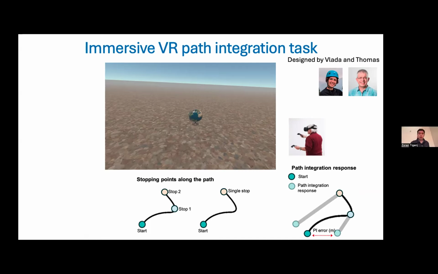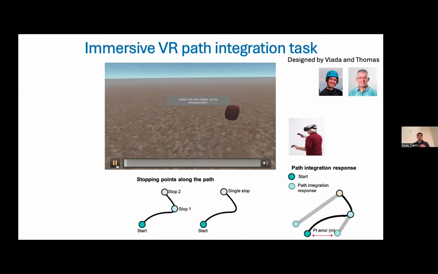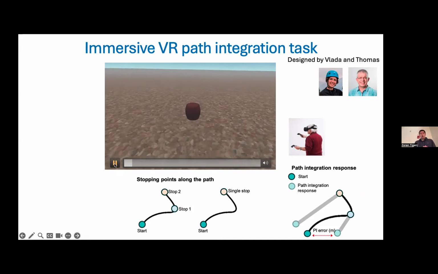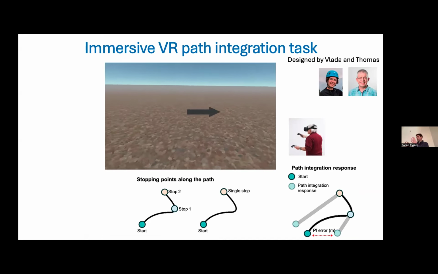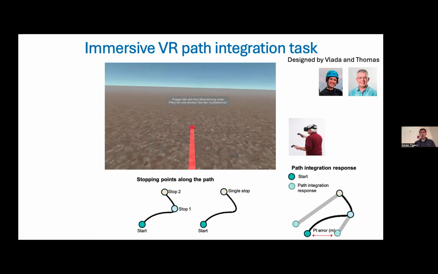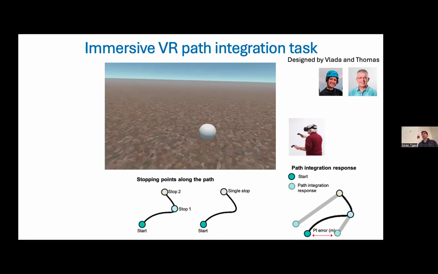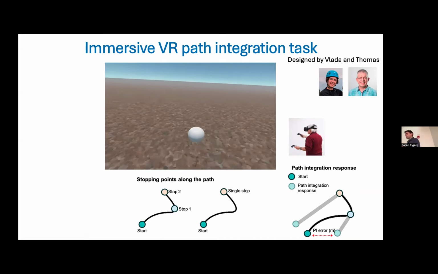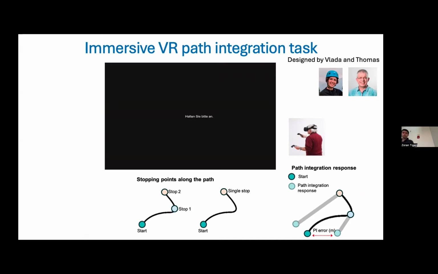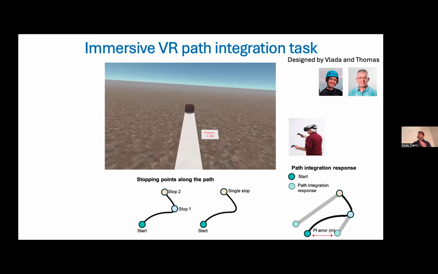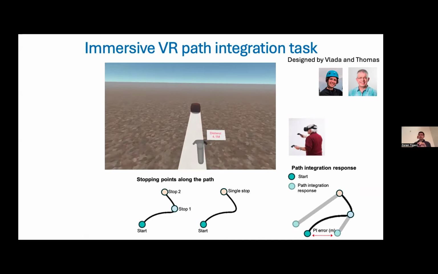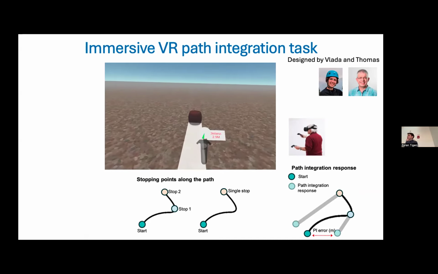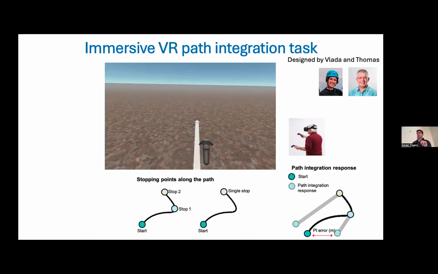So participants here move on a curvy path. They're wearing VR goggles that are showing them something looking like this. At first, they get to a start location. They get oriented; they're directed where to orient. And then an object will appear, and they follow this little white ball. They're going in the VR, following the ball. And then they're shown again the object that was at the start location that they need to point to. They use a joystick to indicate in which direction the start location is and how far it is.